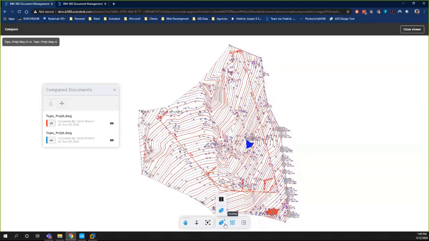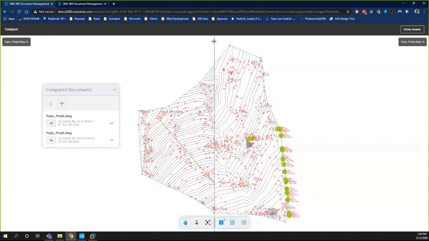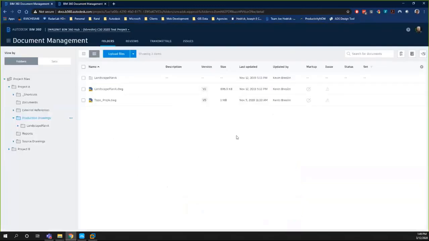There is another comparison, to look at them side by side. In this case, we get this little slider bar. Version 5 is over here on the left, version 4 is over here on the right. And by moving that slider bar, you can start to see what's changed between the versions. So definitely a helpful tool there. So finally, before I stop and open this up to questions,